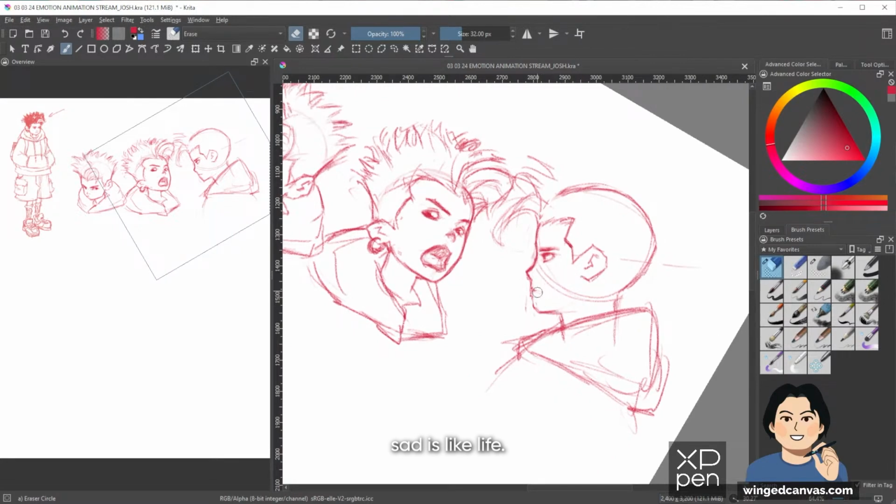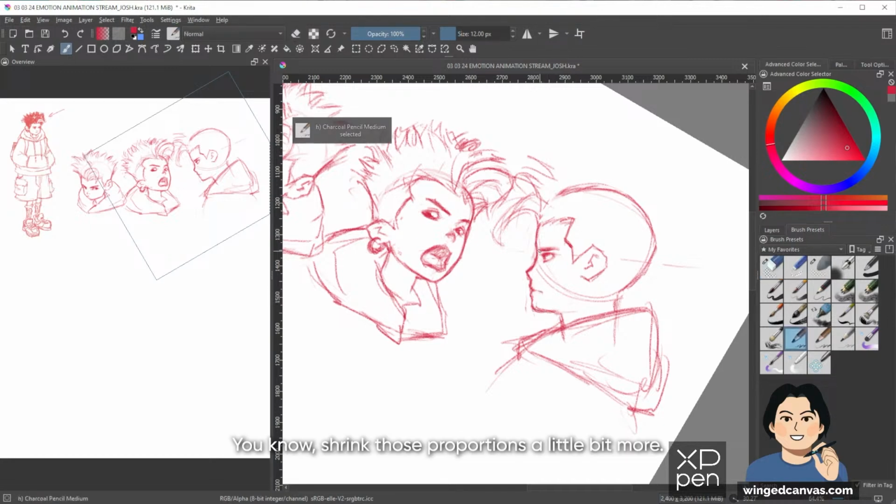Just like life, not great. My ancestry. Gonna attempt to make him look a little younger. Gonna shrink those proportions a little bit more, maybe. We'll see. I think the scowling look makes him look a little older.